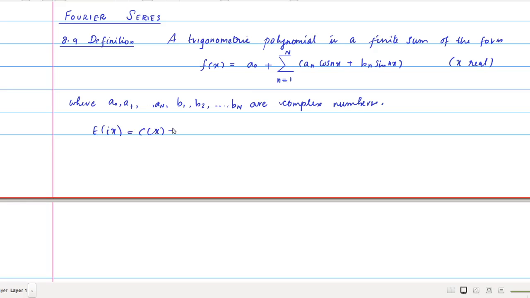So by means of the identity we have discussed, e to the power i x equal to cos x plus i sin x, you can write this f of x as